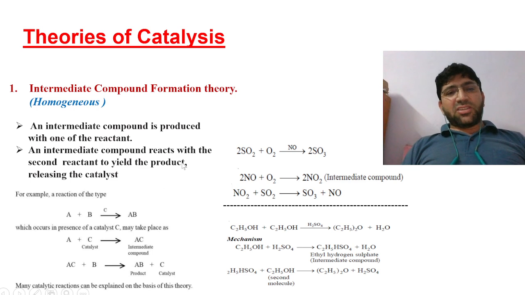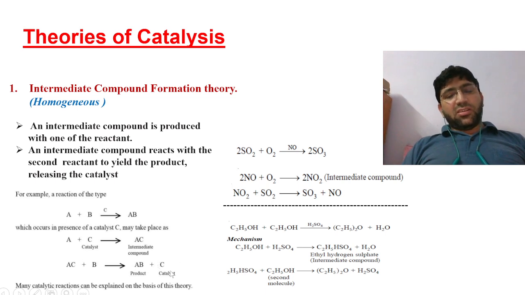So what happens basically in this mechanism? One of the reactants reacts with the catalyst to form an intermediate. Then the intermediate reacts with another reactant to form the final product, and the catalyst is regenerated. For example, here reactants A and B react to form AB in the presence of the catalyst C. It forms the intermediate AC. Then this intermediate AC reacts with another reactant B to form product AB